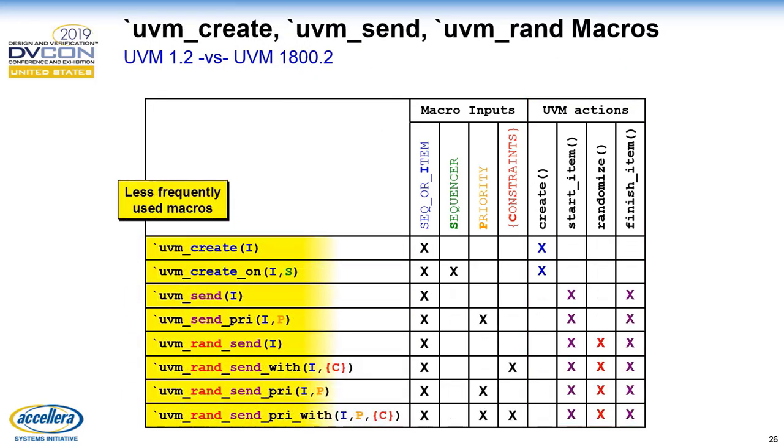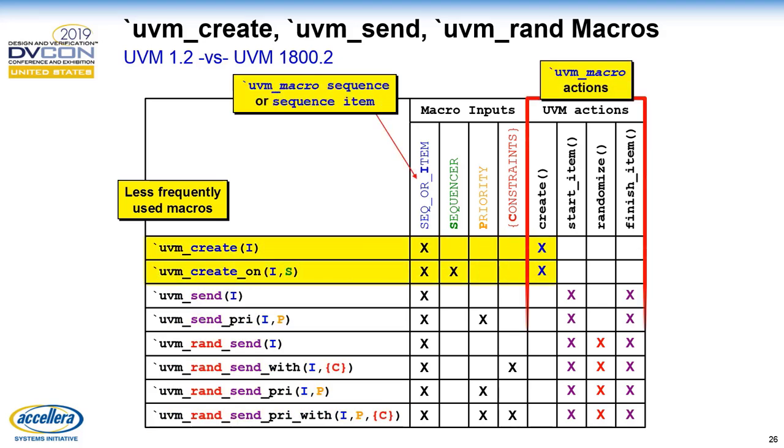Also, in UVM today, you have these macros. I don't see these used quite as often. I see the UVM create used rather frequently. But if you look at this, again, they all work with a sequence item or they use a transaction. And the creates just do the create portion, the type ID create command for that transaction. And then all of the rest will do start item, finish item, and some of those will also do the